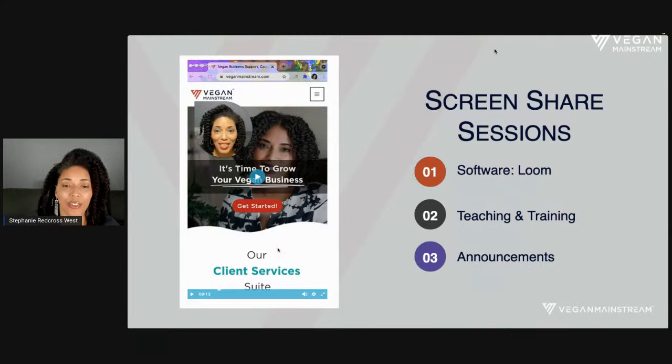Okay. The other technique I like to use in video is making video different. Instead of it all just being direct to camera, is doing a screen share type session. I use a tool called Loom to do this, but you can definitely use other software as well.